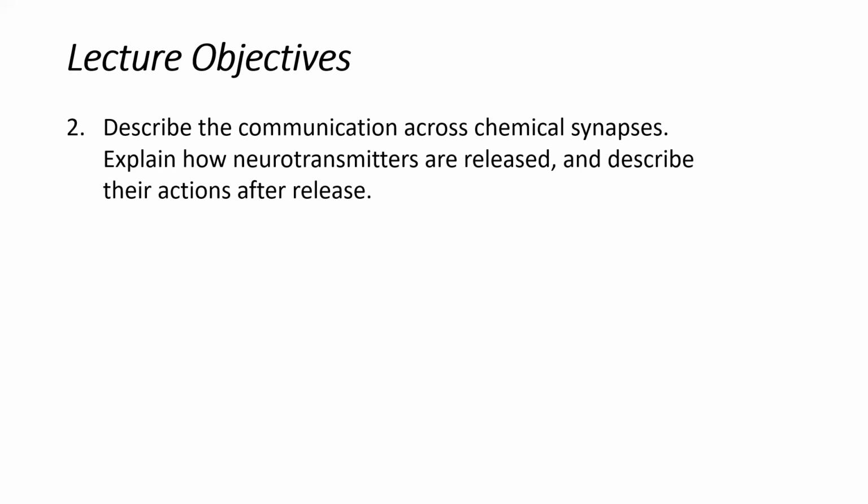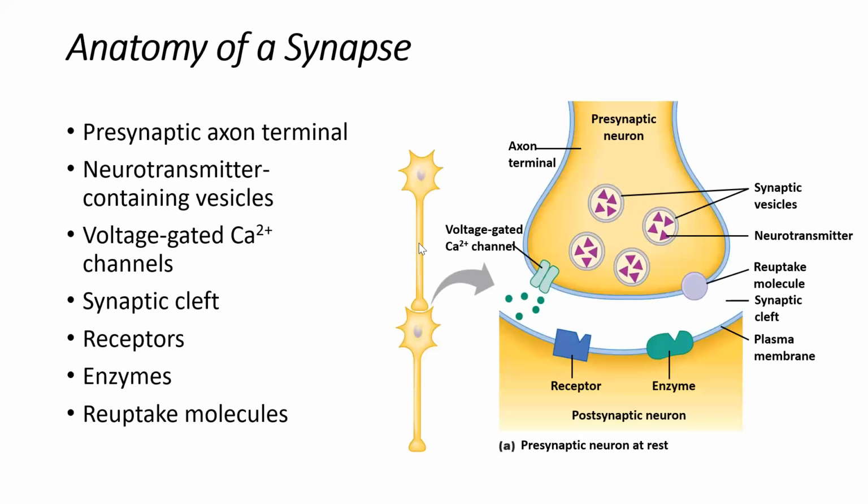So let's move on to objective 2, which is to describe the communication across chemical synapses and explain how neurotransmitters are released and then describe their actions after they are released. So if we think about the anatomy of a synapse, you want to think about the players that are involved